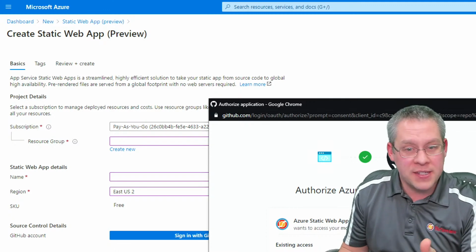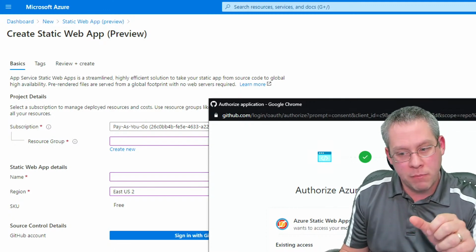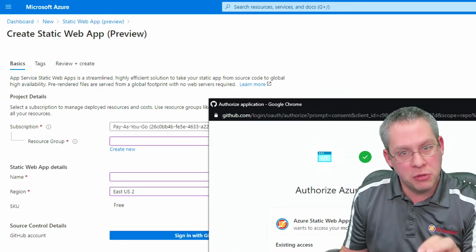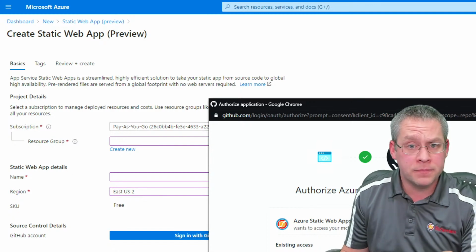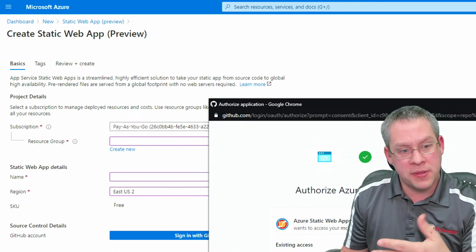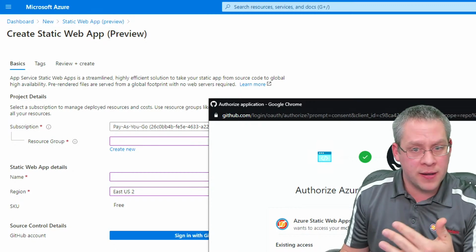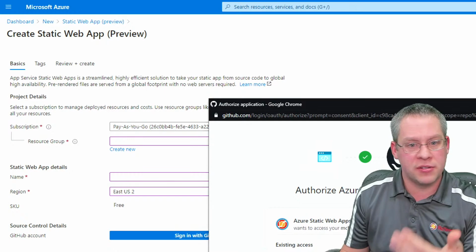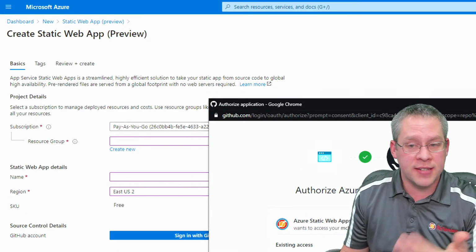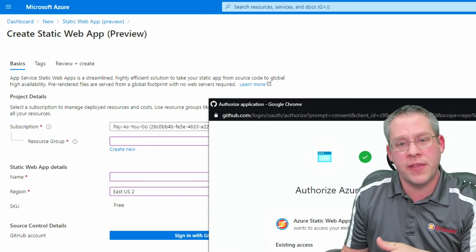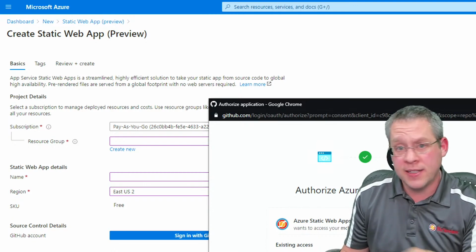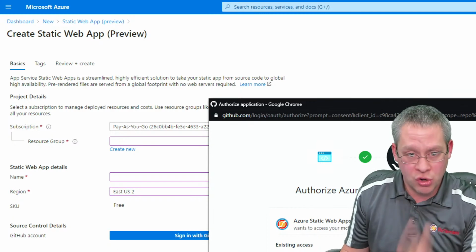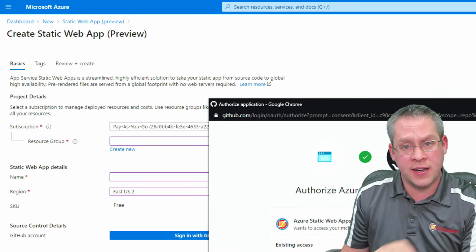But basically, as soon as you put in the name of your resource and choose your region and resource group, you then get the big blue button at the bottom, which is sign in with GitHub. And when you do that, it pops open the authorization OAuth modal with GitHub. You grant it access, and it just says, hey, which repository and which branch do you want to connect to? And I'll show that when we get to the real demo. But that's all it takes to set this up: create and authenticate to GitHub, pick your branch,